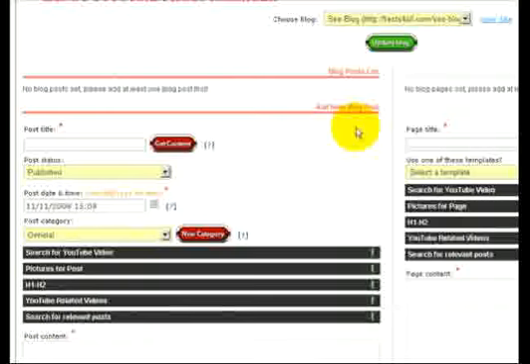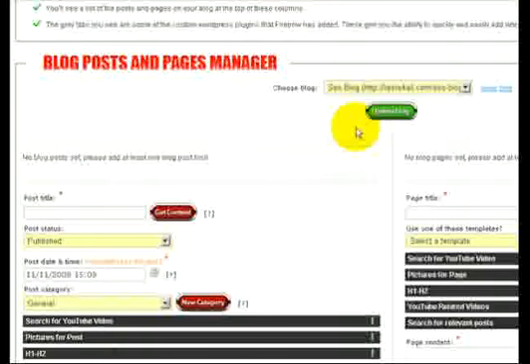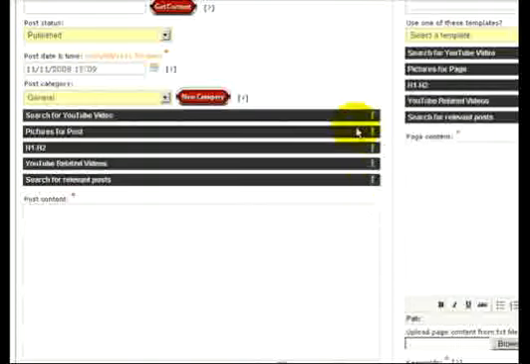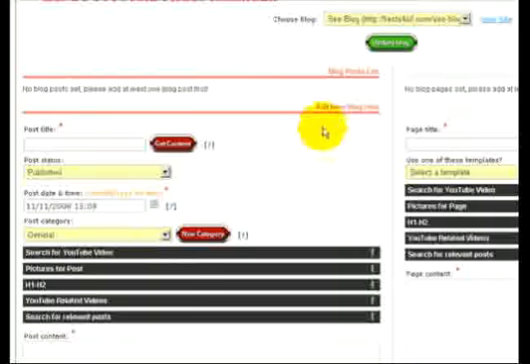So then once your blog's created, you need some content for it, and this is the area where you generate your content for your site. So you have the option to create unique posts, of course, just like you would on a normal blog, or you can use some of the features of this software to help you generate your own content. So for example, you can click Get Content,